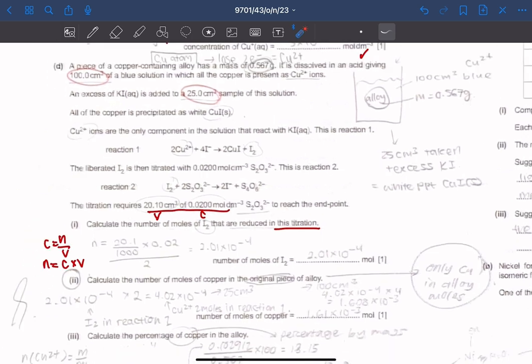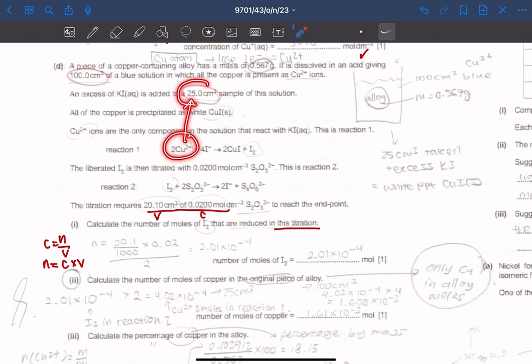So for ii, calculate the number of moles of copper in the original piece of alloy. This question is rather tricky, that's why I circled it. It's rather tricky for a 1 mark question. So 2.01 times 10 power negative 4 is the mole of I₂, and this is equal to the mole of I₂ in reaction 1. So 2.01 times 10 power negative 4, you multiply by 2 to get the mole of Cu²⁺. Therefore, we get 4.02 times 10 power negative 4, the mole of Cu²⁺,